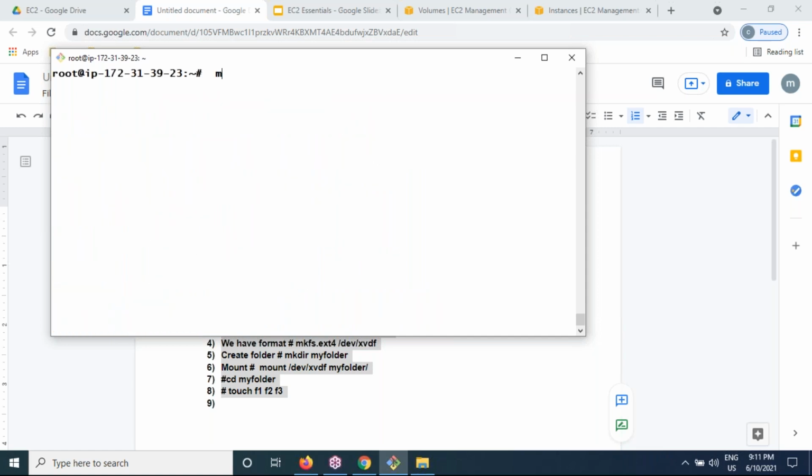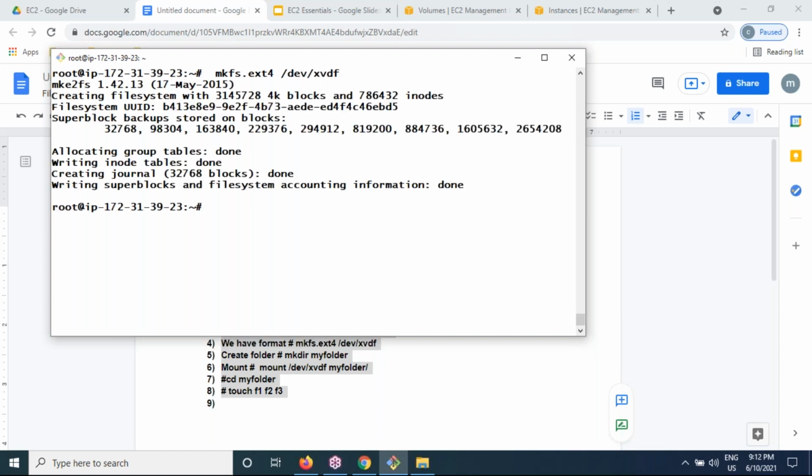Then how can we format? mkfs.ext4, on the hash prompt, which is root. What is the device name? /dev/xvdf. That's it. If you execute this and press enter, it will be formatted successfully.